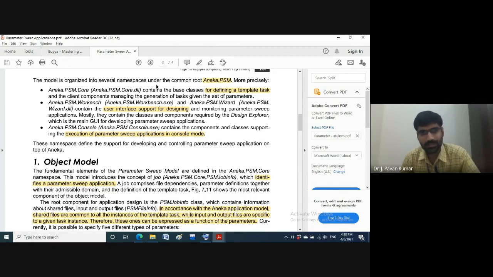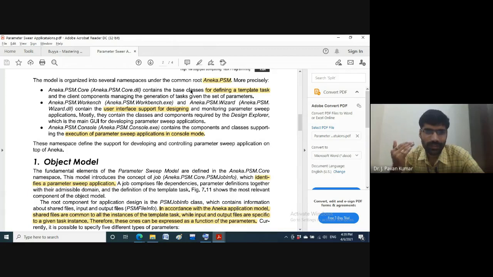In C++ or in .NET we will be referring to these as namespaces. That's it. Namespaces are basically to avoid naming conflicts. Suppose there are classes A, B, C, and we wanted to define another set of classes with the same names, then it will not allow in general. But if you enclose these three classes A, B, C in one namespace and the other three in another namespace, then it will allow. So that is to avoid naming conflicts.